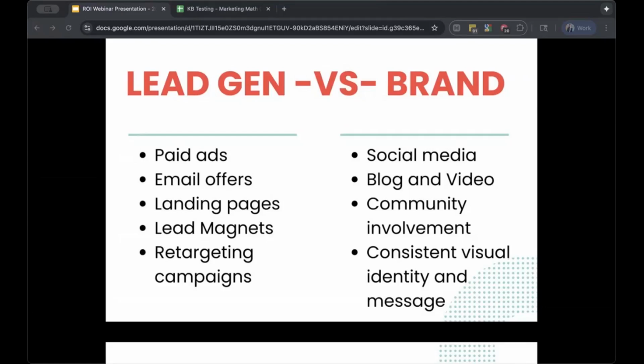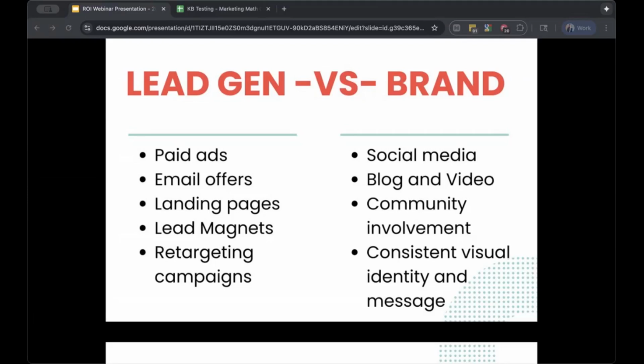On the other side, we have that brand marketing. And this is really creating awareness and building trust. So this is really about your brand. It's early in the customer journey and it even continues after they convert. So it's focused on that long-term growth. Some examples that support your brand marketing are your social media presence, your educational content like blogs and video, your community involvement, how you're showing up in space, your internal culture. So it's this consistent visual identity and messaging and how your brand is showing up. And this is measured by awareness and engagement, things like social engagement or website traffic, time on site, referrals.